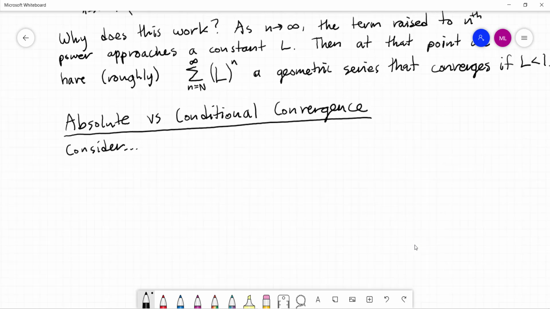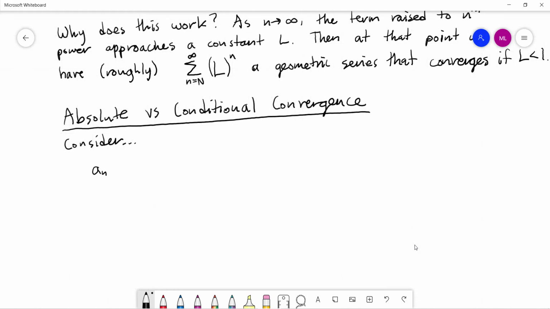let's consider an example. Let's say that our a sub n was negative 1 to the n minus 1th power over n. This thing we already saw is conditionally convergent. It's convergent as long as that negative 1 to the n minus 1 in this case is there. But if I take the absolute value and just have 1 over n, that's our harmonic series, which isn't convergent, right? It's a p series with p equal to 1. It doesn't converge. But